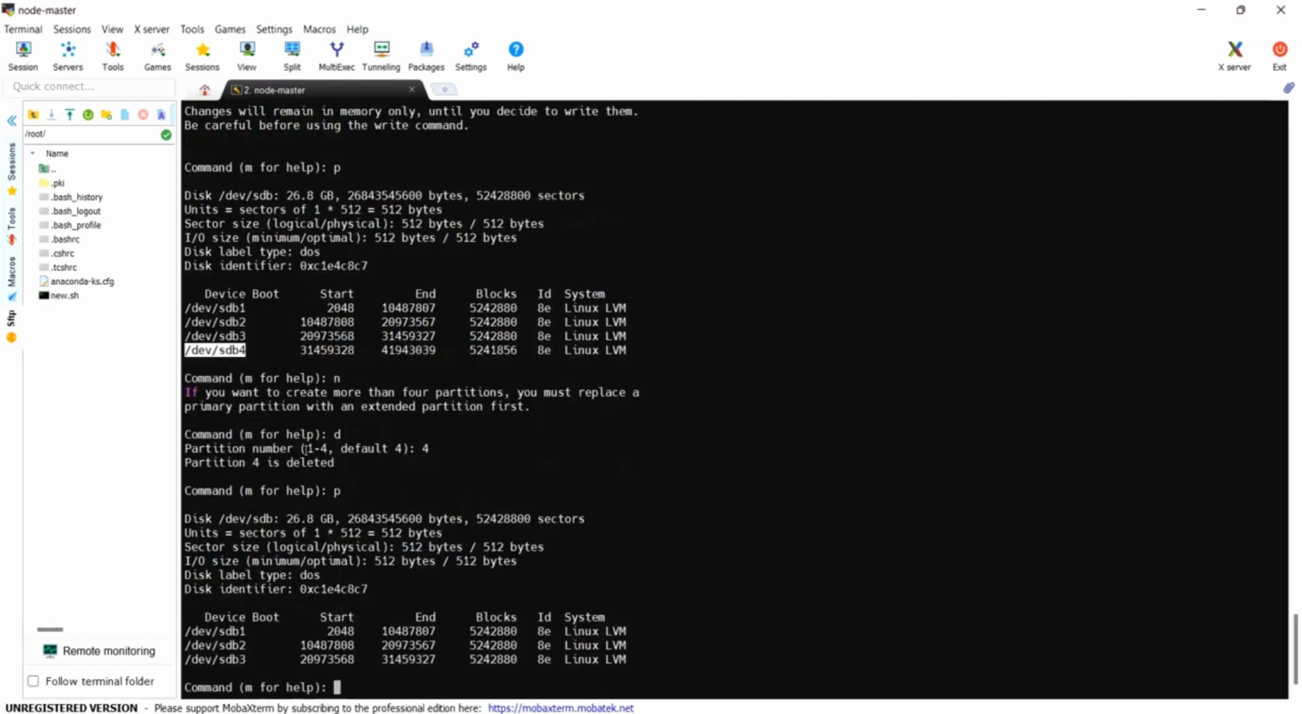Okay, it's deleted now. We shouldn't commit here, we shouldn't save the partition structure. Whenever you are extending the fourth partition, you need to delete and at the same time, you need to recreate it. Okay, I deleted here. I will press N, new,